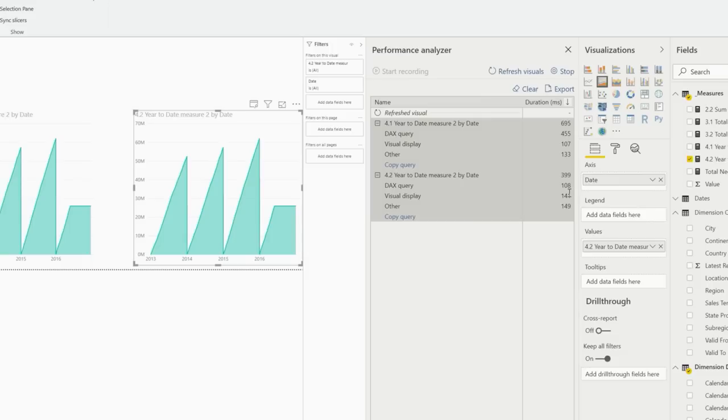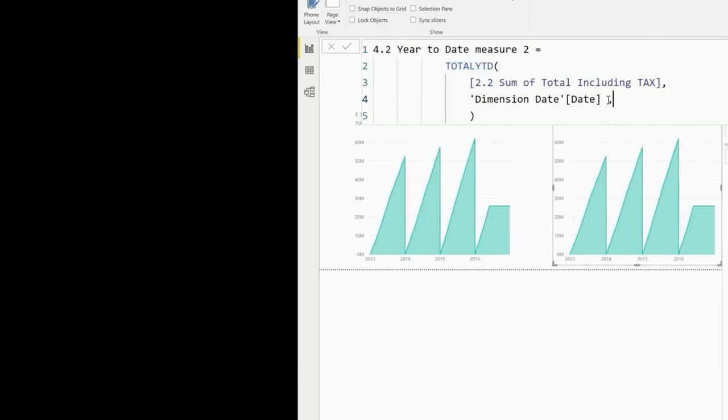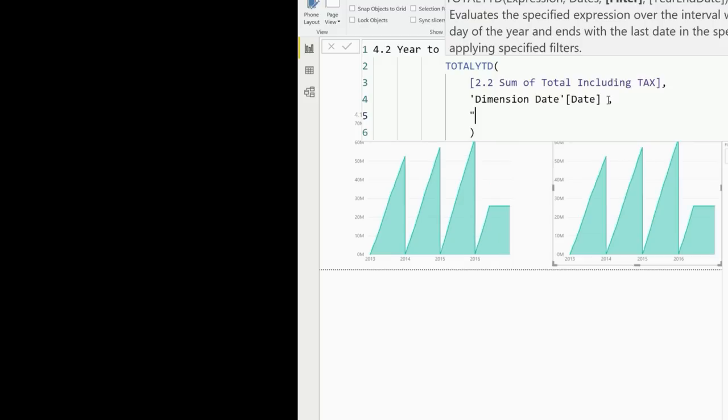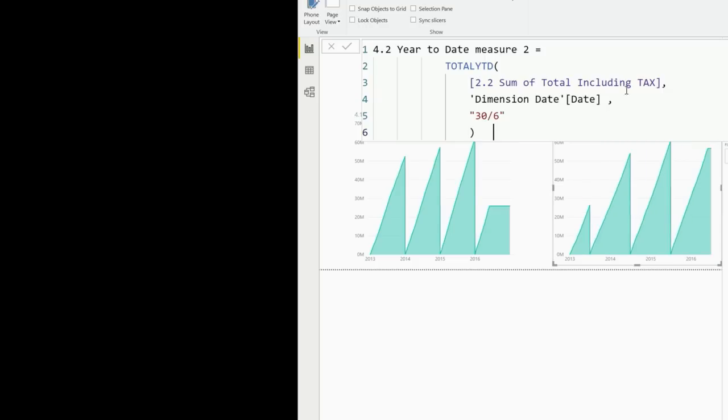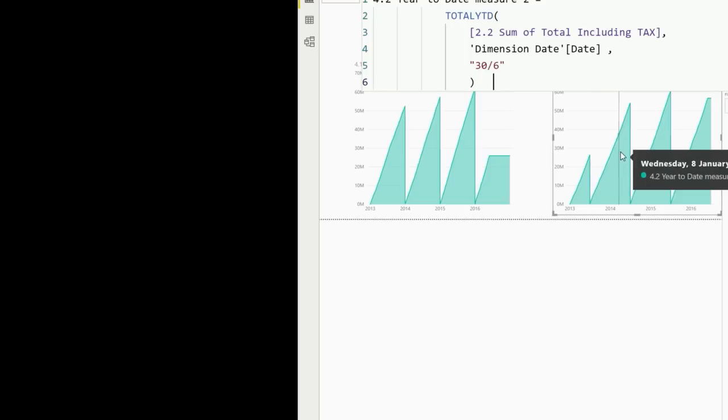And even better, one thing you may need to do when you're working with dates is work with things like fiscal calendars, financial calendars. Now, I could go and modify my more complicated one by adding more complicated DAX, or I could take my year-to-date measure and just simply pass in another parameter. In this case, I'm going to pass in the values of the 30th of the 6th, which is the 30th of June. And now the calendar is starting, believe it or not, on the 1st of July and accumulating from that point. So with a very, very simple addition to that time intelligence measure, I've got financial calendars, no complicated columns or anything like that.